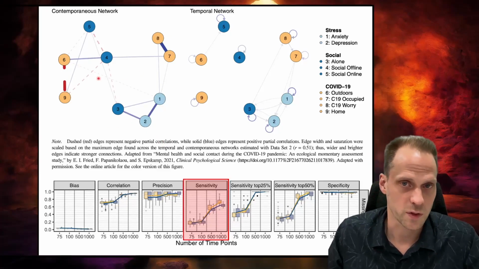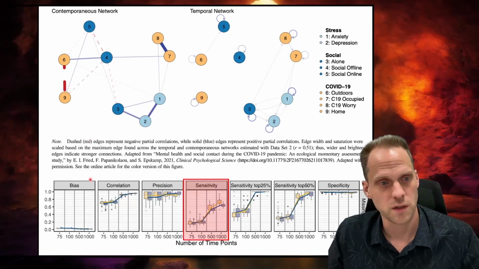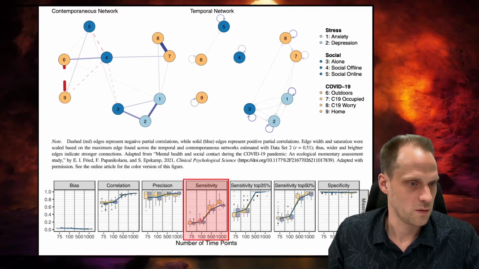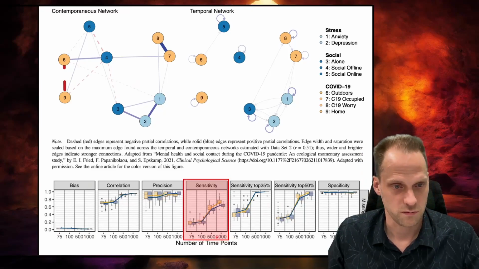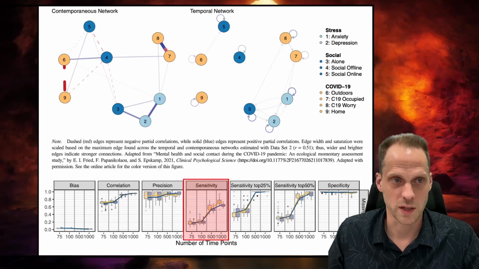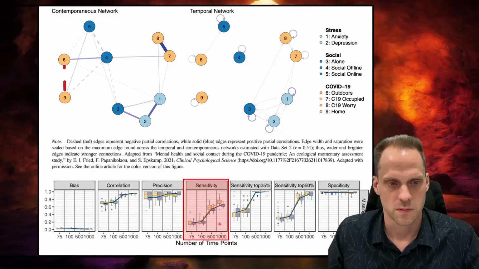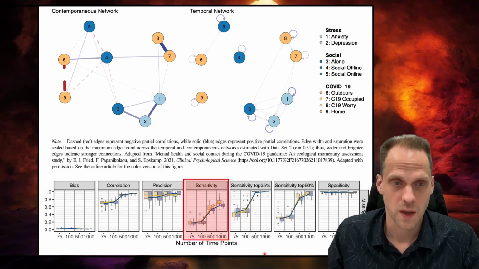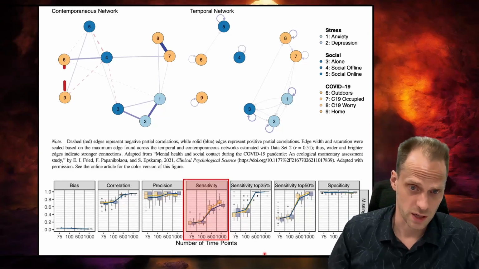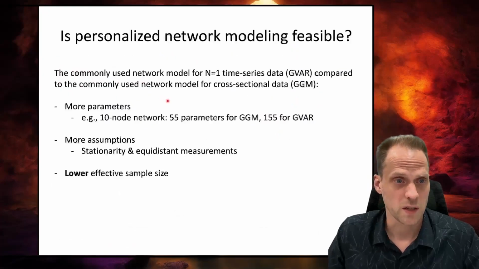So if you simulate on a different network structure, you get different results here, of course. But if you simulate under this, what we get is, here we have the number of time points, here we see the graph, and this one was the most interesting one, sensitivity, which simply means the power to detect edges, so the probability that you're going to find an edge in the network. Only at 500 time points it started to be quite high. Before that it was quite low. That is at the more reasonable time points that we might expect to have in clinical practice. What does that mean? It doesn't mean that we cannot estimate a network, but it means that we might miss edges.